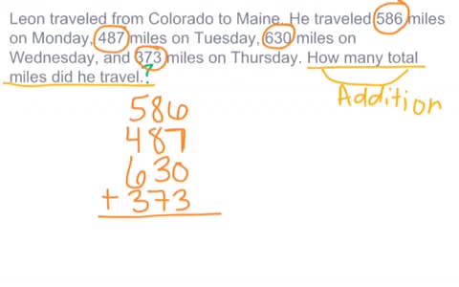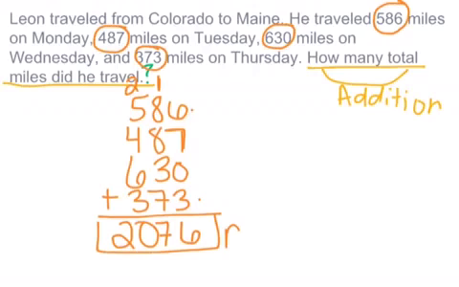So I know that 6 and 3 is going to get me to 9, plus 7 is going to get me to 16. Carry my 1. 8 plus 8 is 16, plus 1 more is 17. 18, 19, 20, plus that 7 is going to be 27. And then 5 plus 2 is 7, plus 3 is 10, plus 6 would be 16, plus 4 more would be 20. So my answer that I got is he would travel